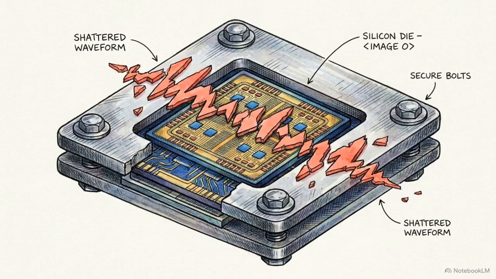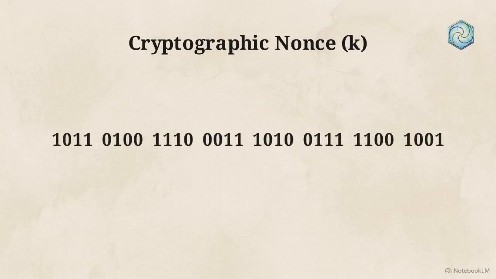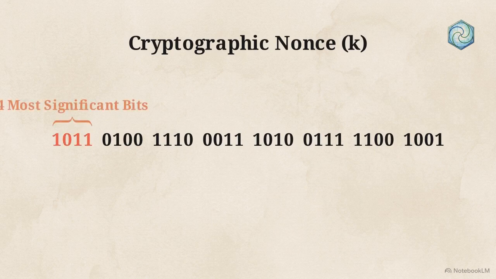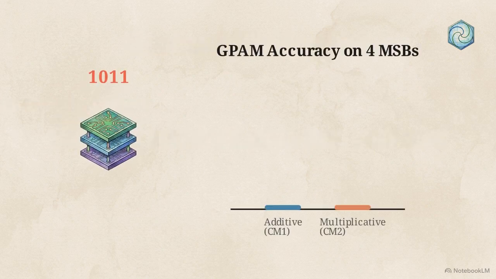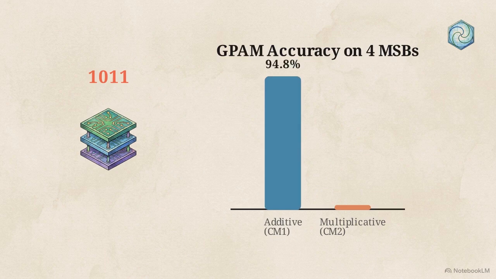Against the strongest hardware masks, GPAM won't be able to predict the entire cryptographic sequence perfectly from a single trace, but it doesn't have to. This visualization shows the model's accuracy when targeting just a fragment of the secret. By focusing the network on outputting only the 4 most significant bits of the cryptographic nonce, GPAM uses a confidence metric to rank its best guesses, achieving a 94.8% success rate against additive masking and a 96.3% success rate against